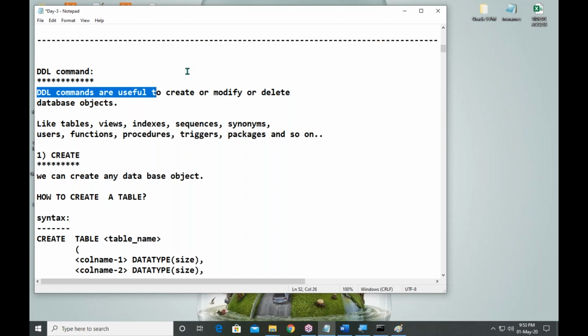Database objects. What are the objects in the real world? Your mobile phone, your bike, bus, train, pen, mic, monitor. Everything is an object.